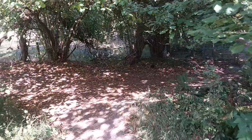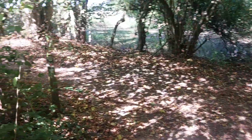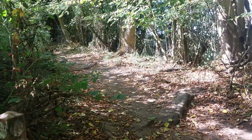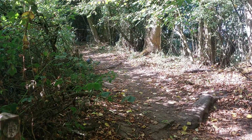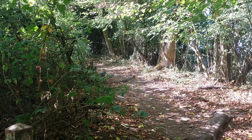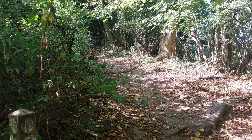So if you had watched my second video on Friday, you'll remember this pathway to my left, which we followed during my second video on Friday, and this path to my left will lead us back to where we started our video today. We're not going to be going that way today because we've already done this path on Friday. Instead,